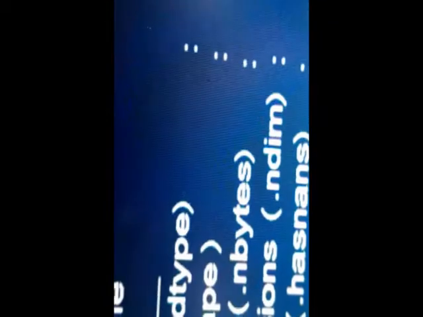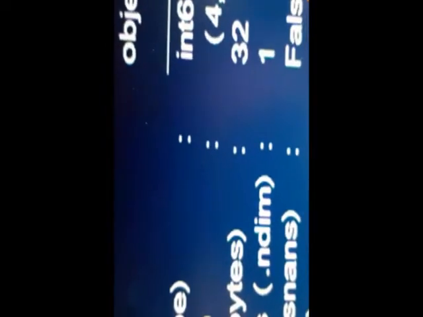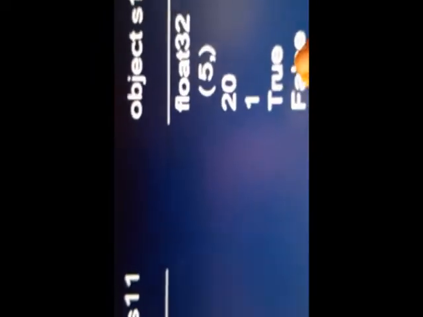Then it comes to dimensions. Both have one dimension only. Number of axes or dimensions, both have one dimension only. Then this first one, has it got NaNs? So false. First one, no NaN. Second one, true, because in the second object, you can see S12 has a NaN. So it is true. Alright, then comes, are they empty? No, both are not